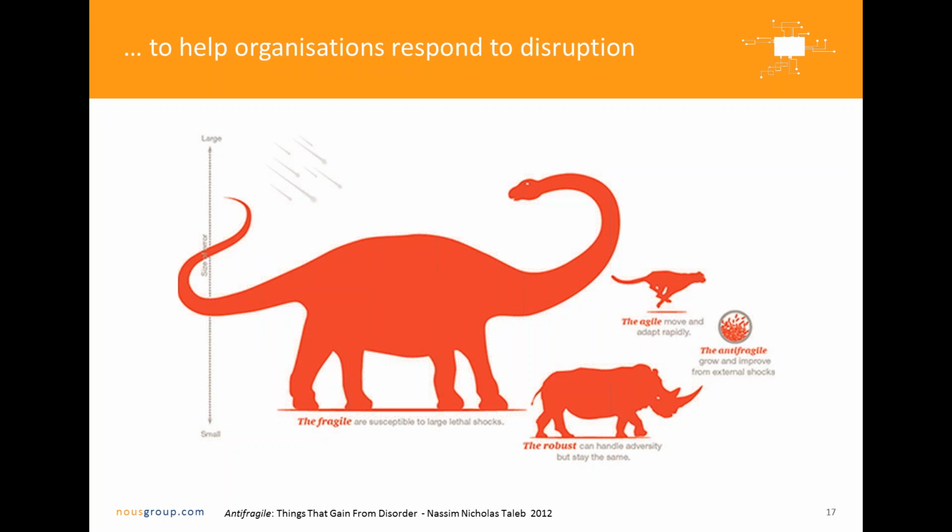Or a new idea emerging, how do we be anti-fragile, i.e. we grow and improve from external shocks. They're good for us. We seize the opportunity. So these are other ideas that are now starting to flavour the way we think about the way organisations set themselves up in the context of these kind of drivers.